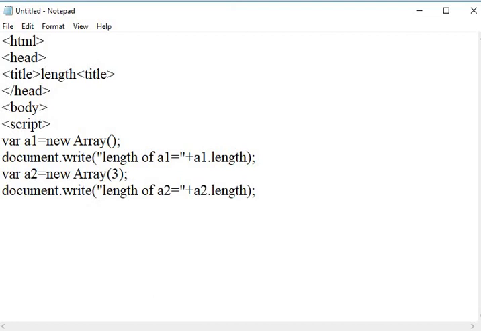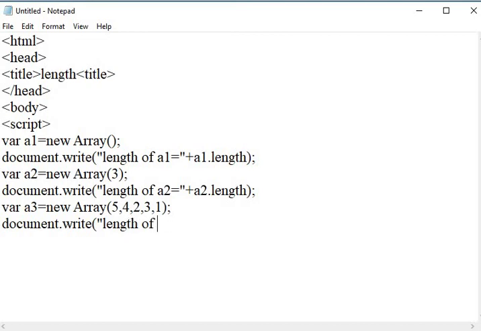After that, again I am creating a third array named A3 as a new array, and here I am passing the values 4, 5, 2, 3 and 1. Here I am passing 5 values in the array parameter, and here document.write length of array, length of array 3 is equal to A3.length.